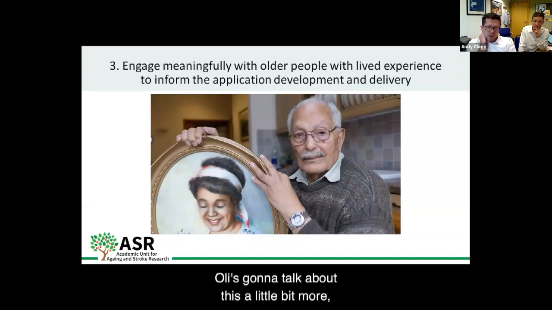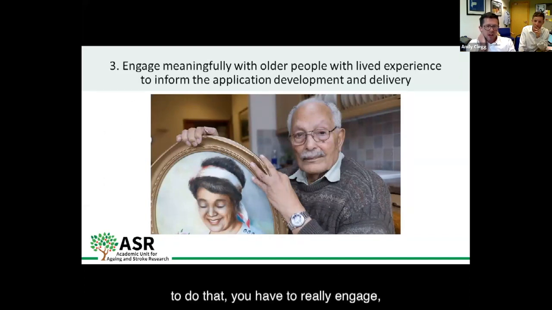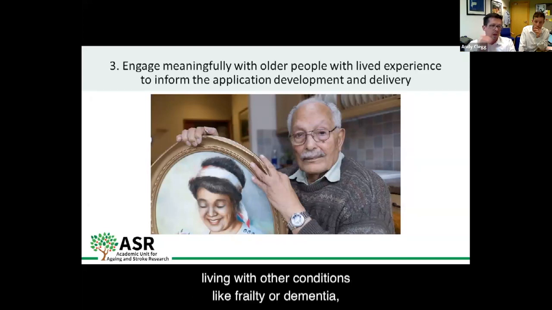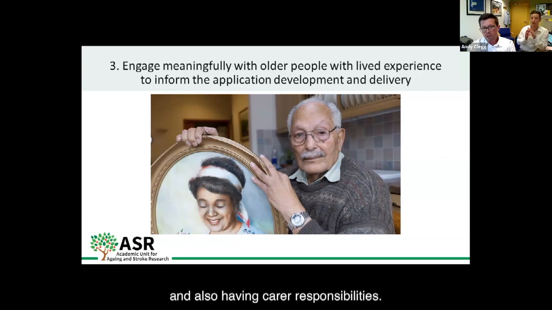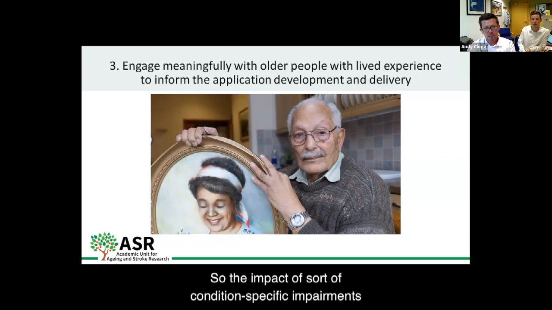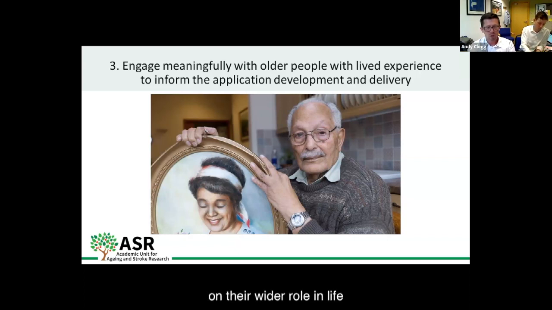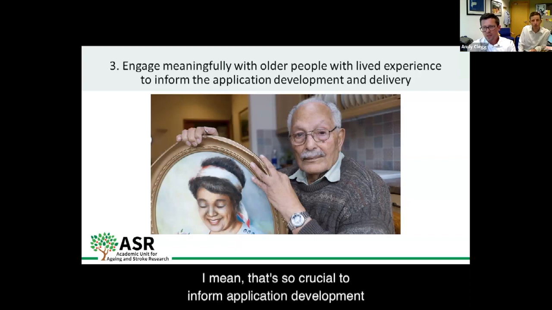And then to do that, Oly's going to talk about this a little bit more. To do that, you have to really engage meaningfully with older people who have lived experience of, well, for this particular call, hearing or vision impairments, but also experience of living with often multiple long-term conditions, living with other conditions like frailty or dementia, and also having carer responsibilities. So the impact of condition-specific impairments on their wider roles and activities in society. And that's so crucial to inform application development